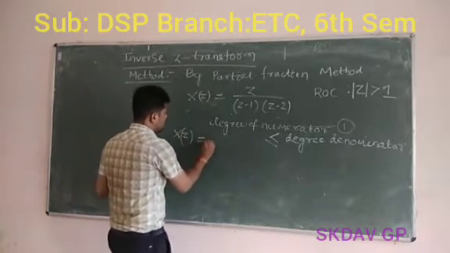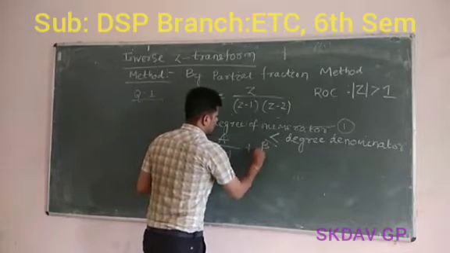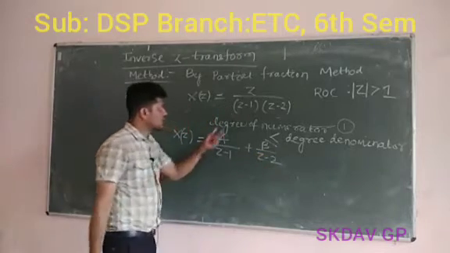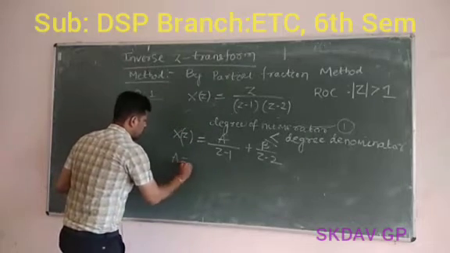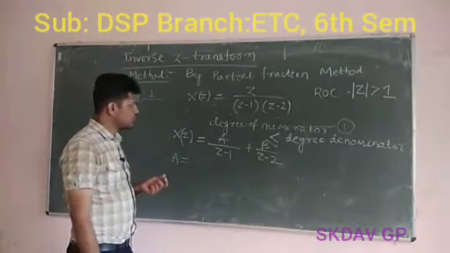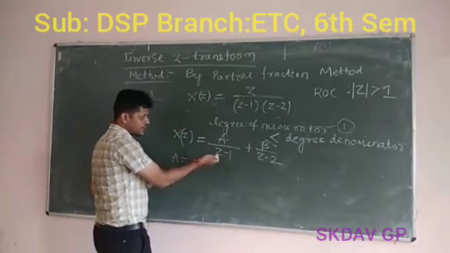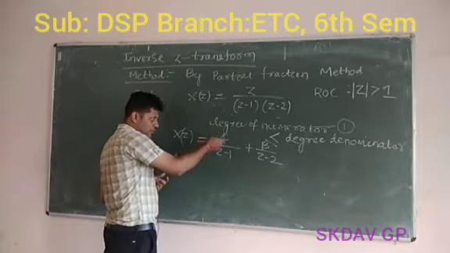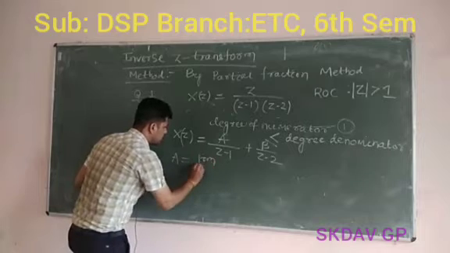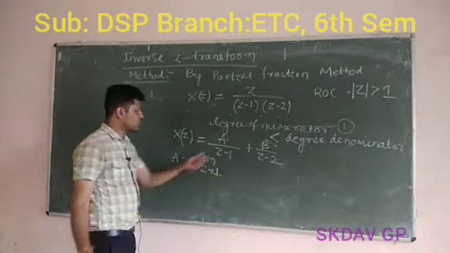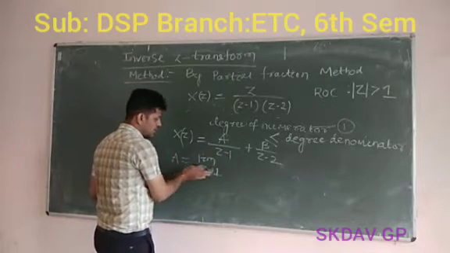So X(z) is equal to, we have two unknowns, A by (z minus 1) plus B by (z minus 2). Here we have 2 poles, hence we have 2 unknowns. Then how to find A? We have already studied the residue method in mathematics in order to calculate these unknowns. So in this case, in order to calculate the value of A, the pole is 1, hence limit z tends to 1. Whichever is the pole, z must tend to that pole.